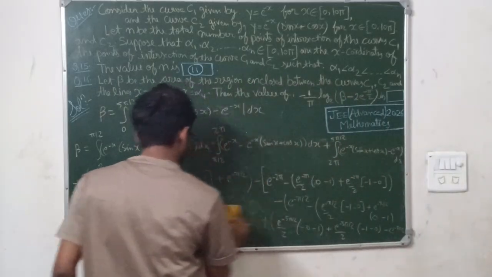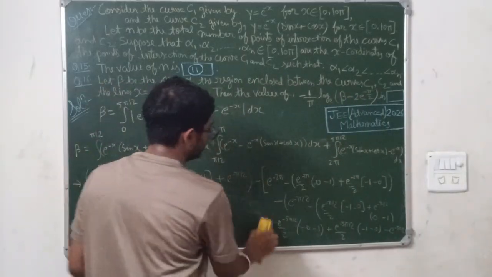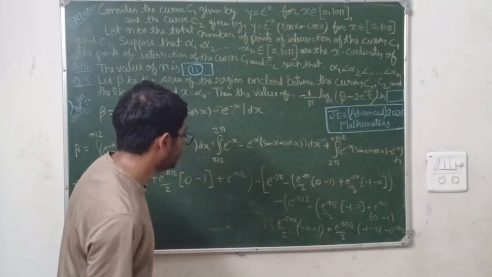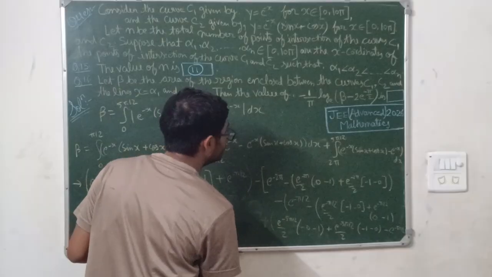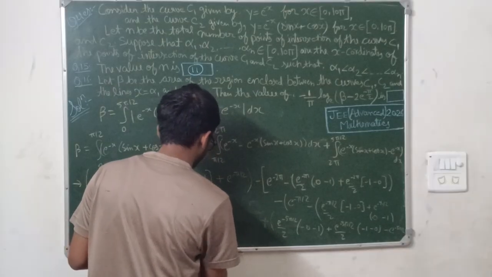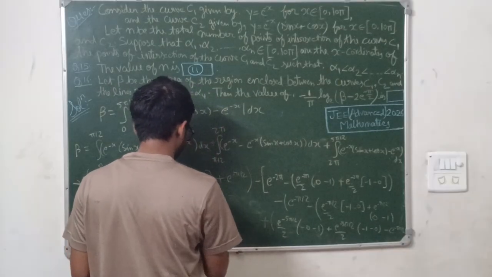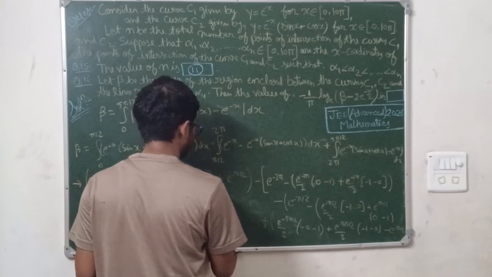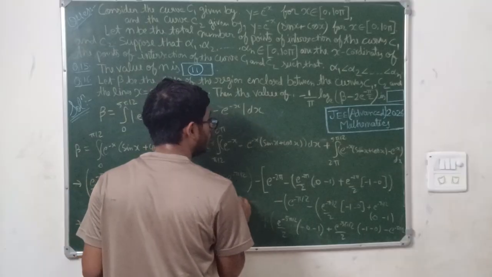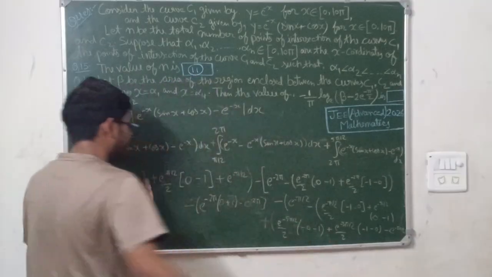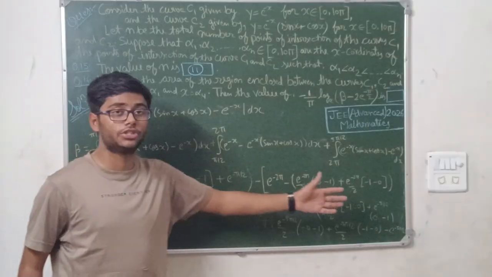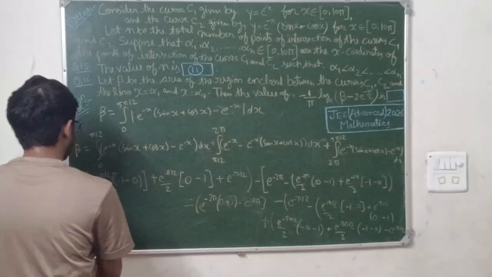now for the last you have to substitute again 2 pi. This is a quite lengthy thing. Okay, and for the next you will do minus 2 pi, so I am writing it here, e to the power minus 2 pi, sine 2 pi is 0, 1 into minus e to the power minus 2 pi. Okay, after simplifying this big integration, you will get the final answer as,